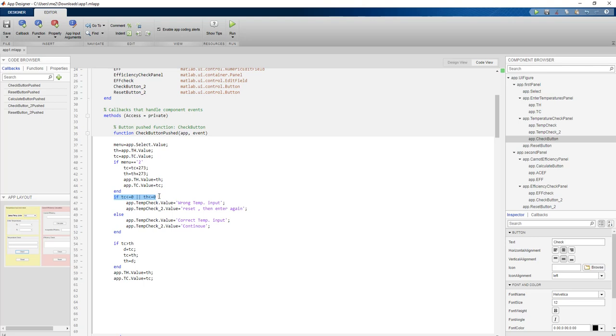1, you have to ask the user or show a message. Go to this space, which is app.temp_check.value, change it to wrong temperature input, and the second one like this, and so on. If temperature Tc is greater than Th, swap the values and then show them again in the corresponding